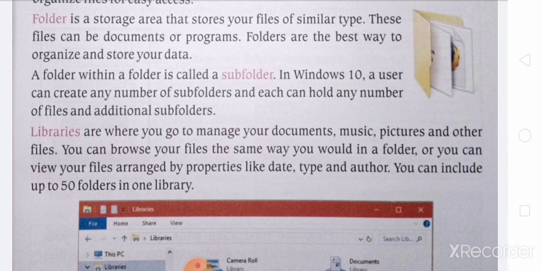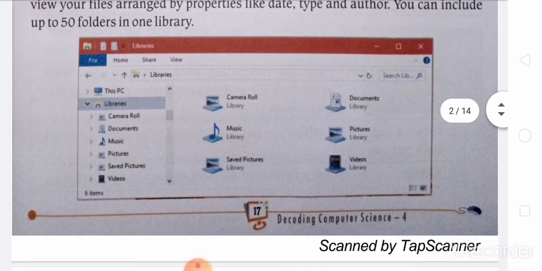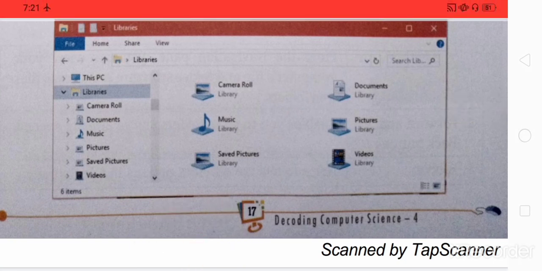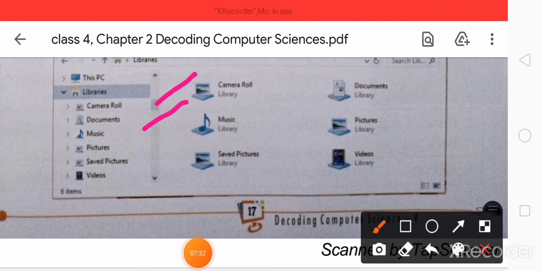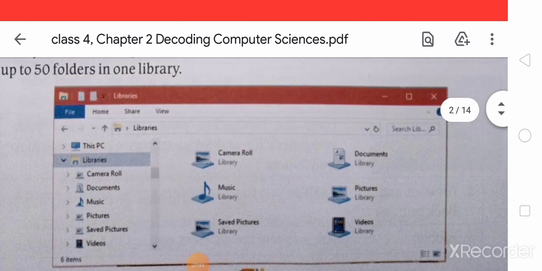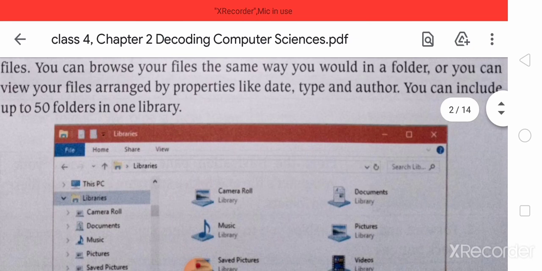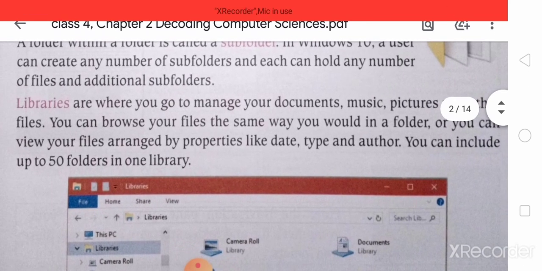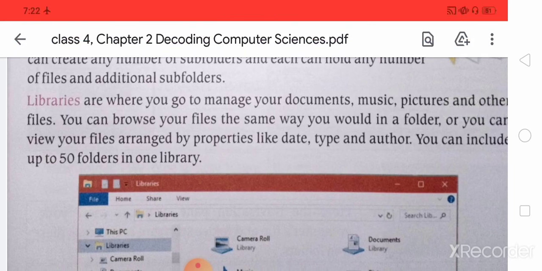You can include up to 50 folders in one library. You can see this one is the library, and within it there are camera roll, documents, music, videos, etc. Everything is found here. This is called a library, and you can include up to 50 folders within a library.